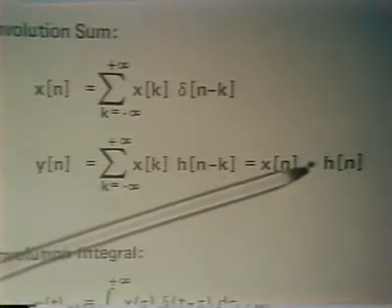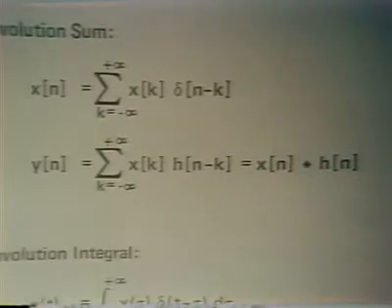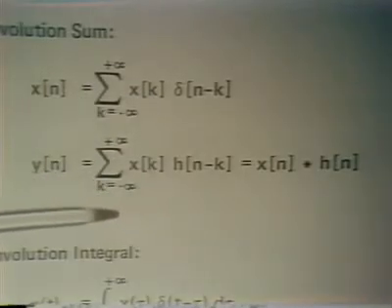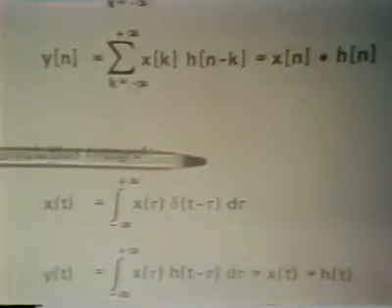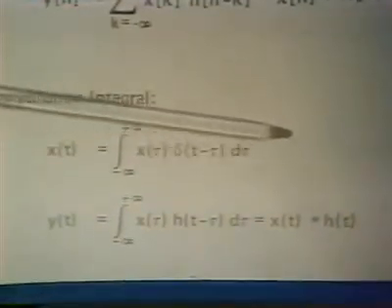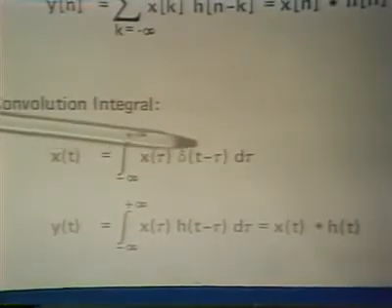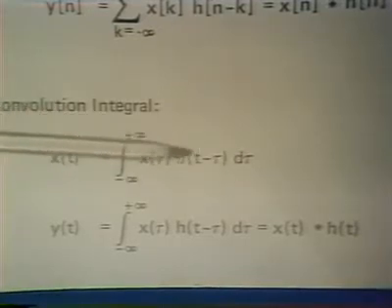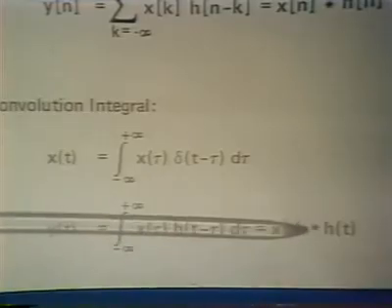And so x of n with the asterisk h of n denotes the convolution of x of n with h of n. And correspondingly, in the continuous time case, we have the convolution integral, which here is the sifting integral, as we talked about, representing x of t in terms of itself, or as a linear combination of delayed impulses. And here we have the convolution integral, and again, we'll use the asterisk